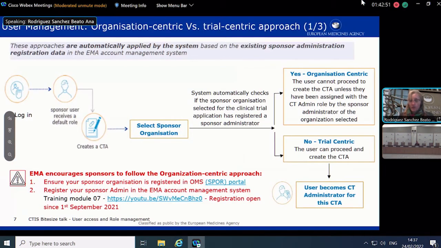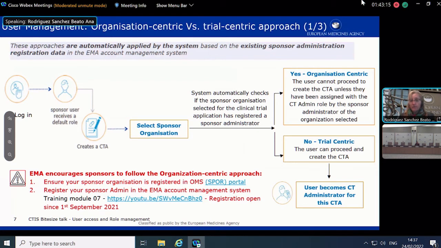Now I'm going to introduce the concept of organization-centric and trial-centric, because this is something that will be applied automatically in the system, and this will be based on whether or not you have registered a sponsor organization in the system. So what happens is, when you have your credentials and you log in, as I explained, you will receive a default role.